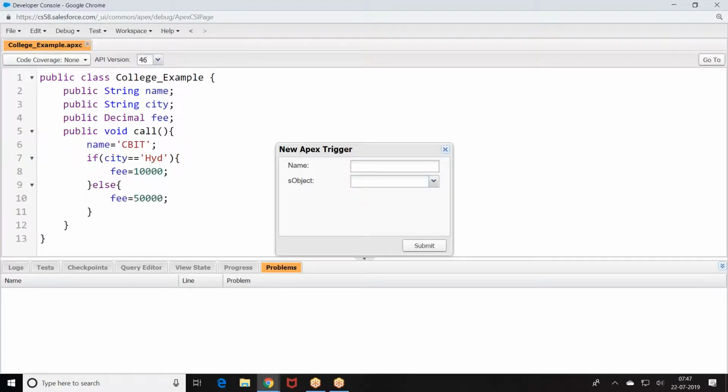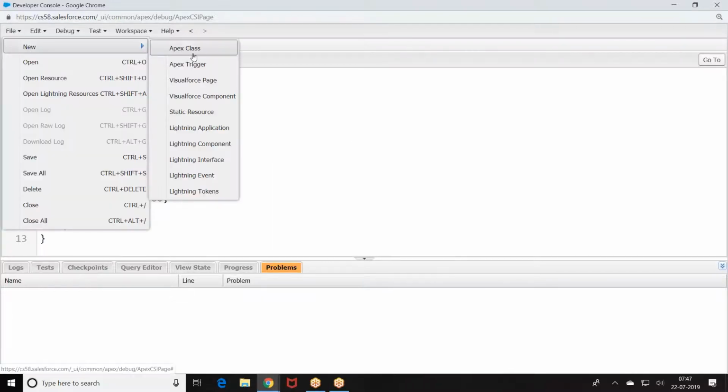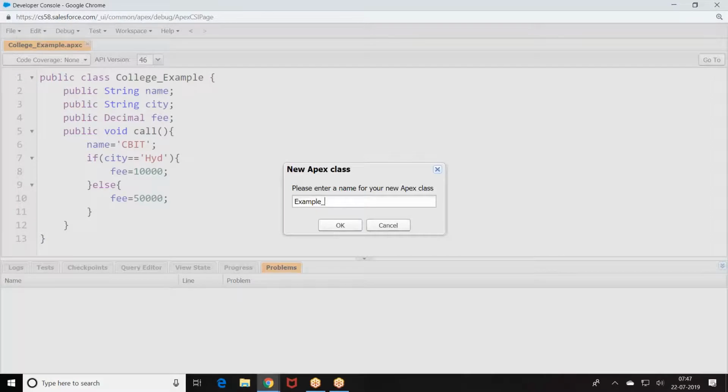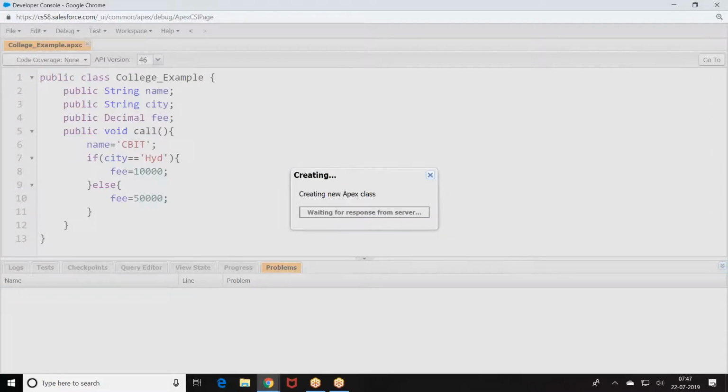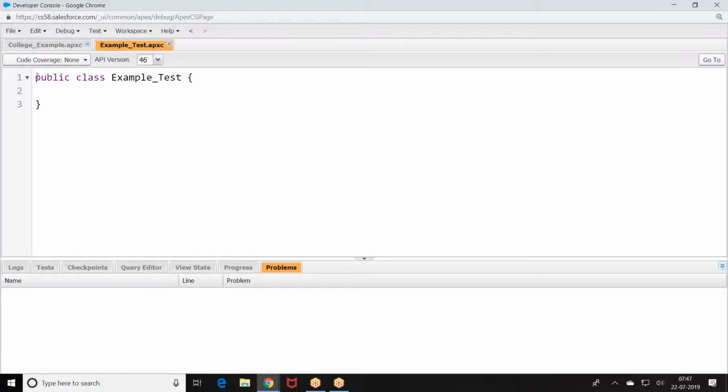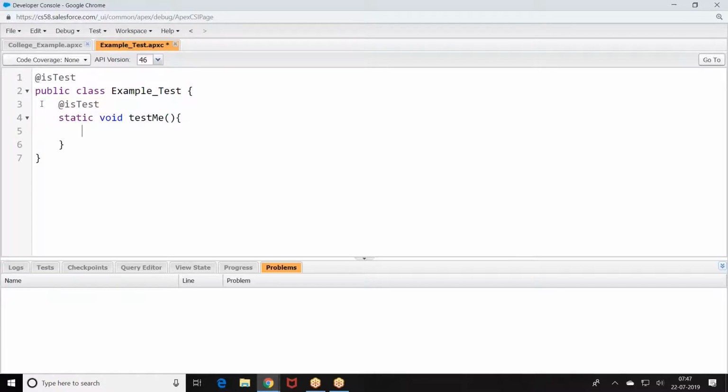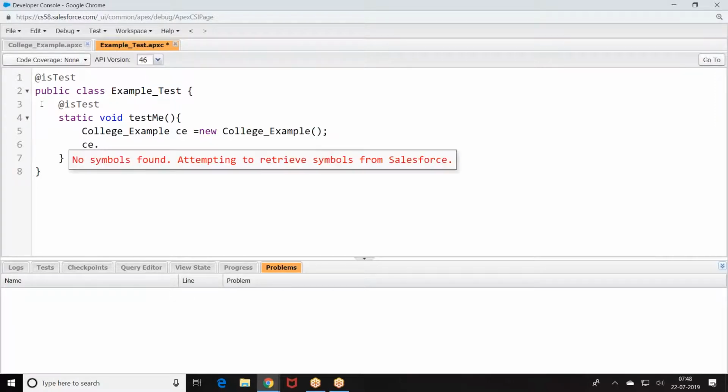Then I have a trigger. Apex example test. Then how do you define a test class for this? Now, which class do you want to test? College. Then we have C dot.